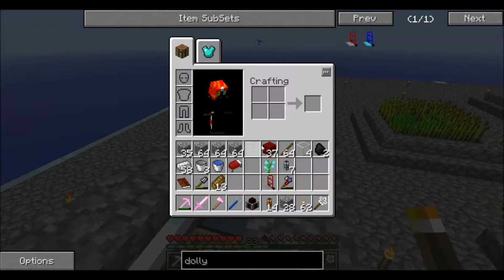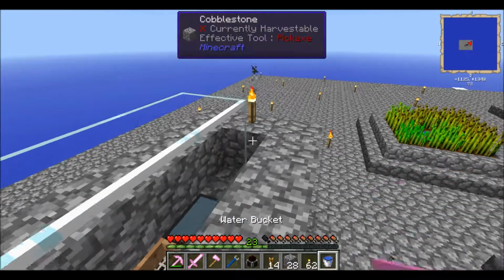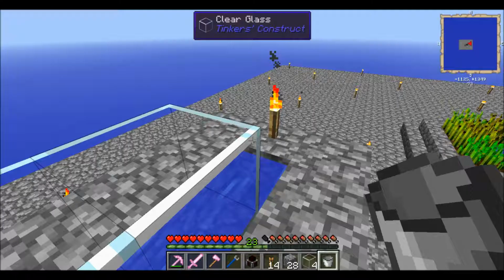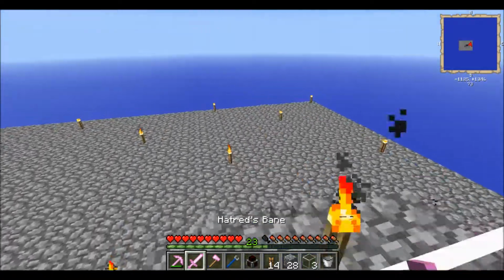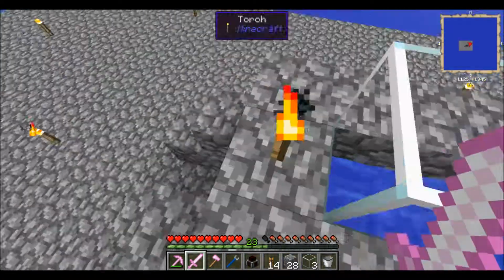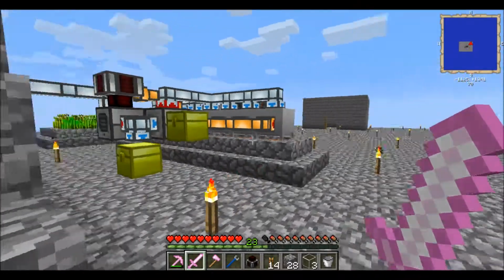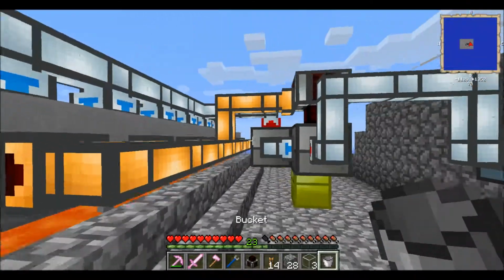Okay, and in there, all I do is a bucket of water. Right there. The reason you close off the top is so you don't get much spillover. Very few things will still spill out, but it's pretty good. And then we have this, and then we can start powering our machines. Now I've